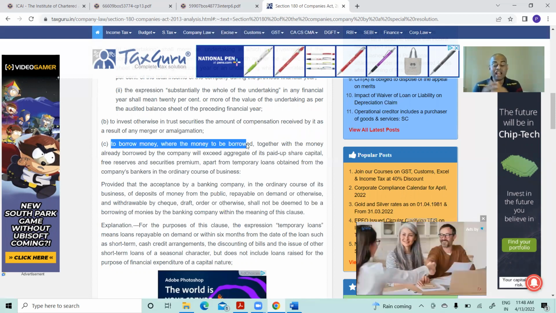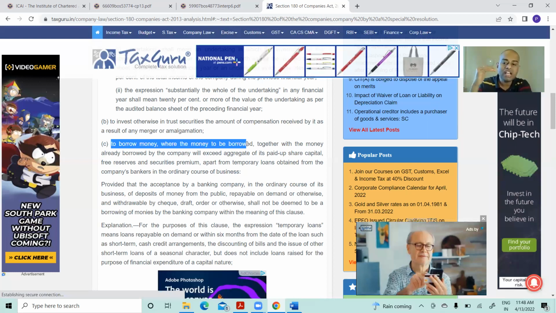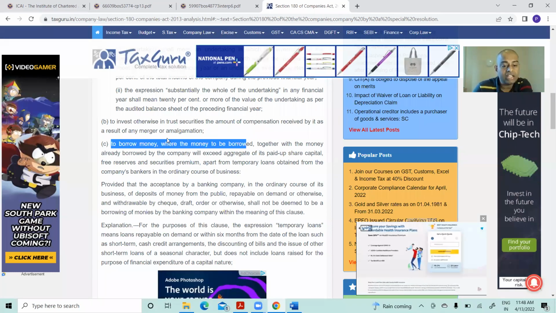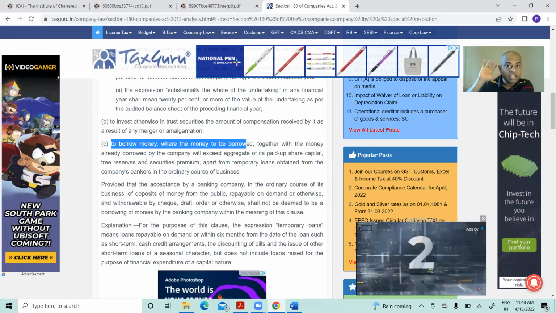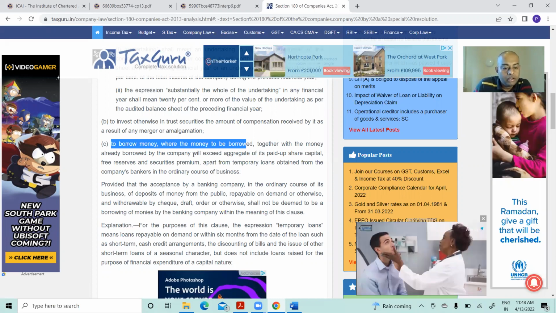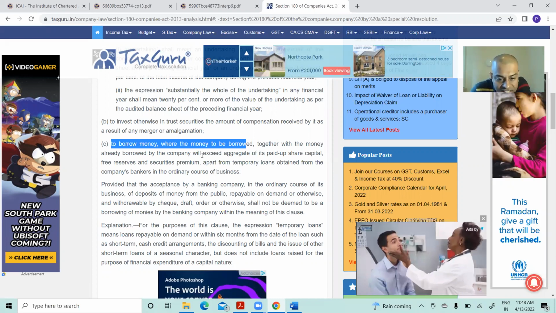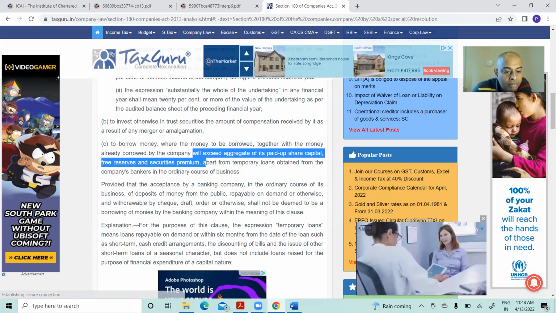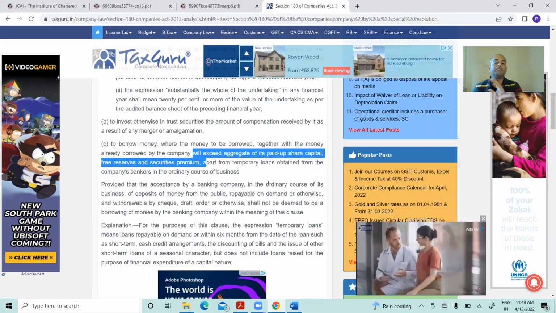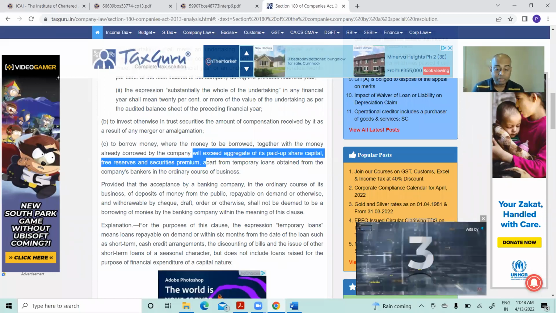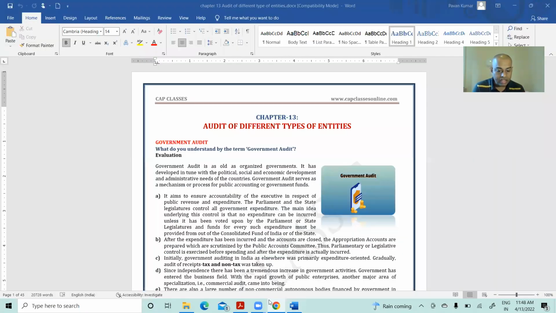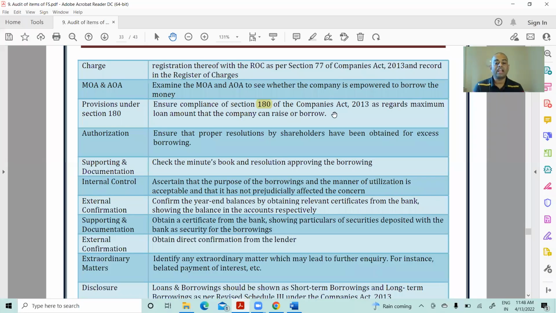Section 180 has a restriction on the board of directors' ability to borrow money, where the money to be borrowed together with the money already borrowed, that means already existing loans are there and now there is a new loan, will exceed the aggregate of paid up capital plus free reserves and security premium. So what is the meaning? Write down, according to section 180 of the Companies Act,